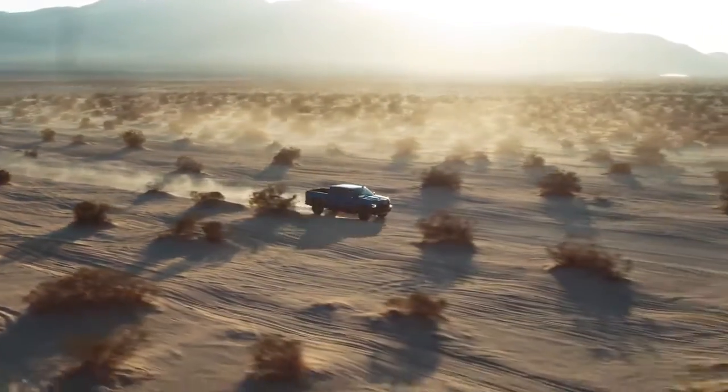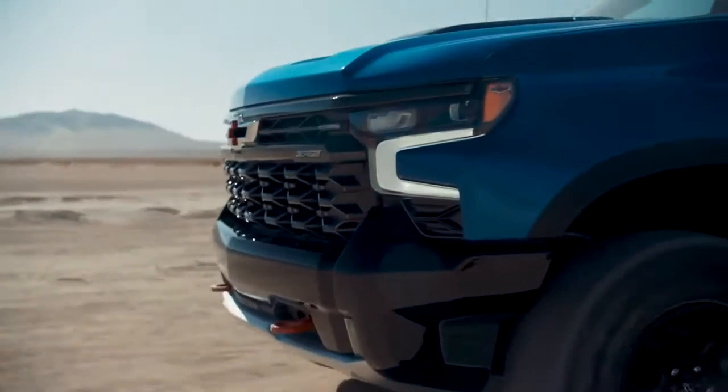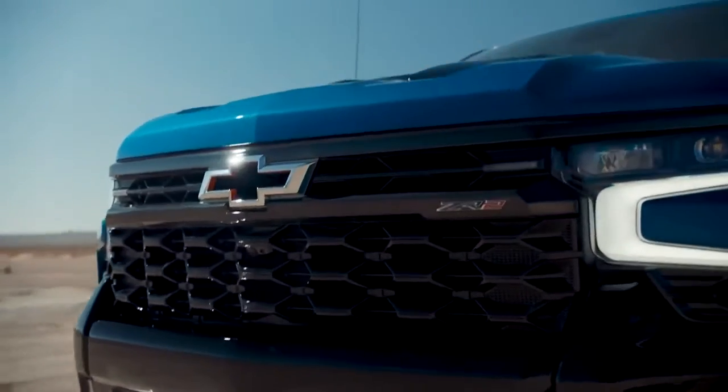New high-approach steel front bumper designed for off-road strength, durability, and clearance that enables an improved 31.8-degree approach angle compared to other Silverado off-road models,